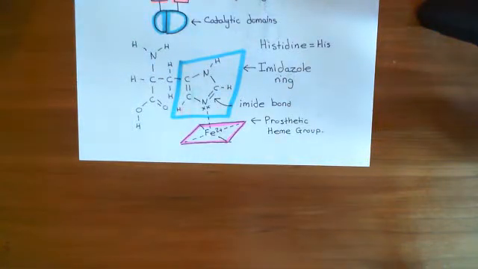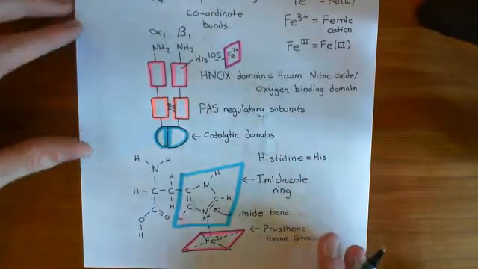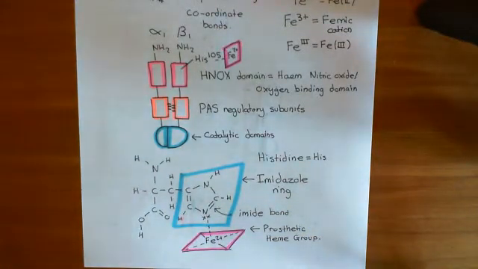Okay, so welcome to this next video in which we're discussing the Soluble Guanylate Cyclase enzyme. So far what we've discussed is the structure of the Soluble Guanylate Cyclase enzyme. We've seen that it is made up of these two subunits, an alpha subunit and a beta subunit, and that